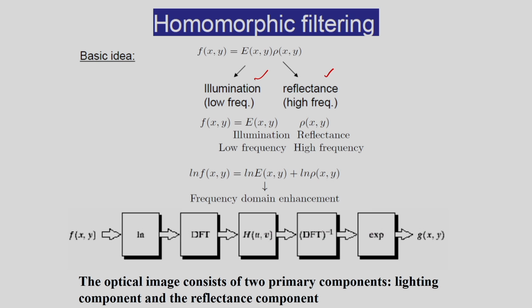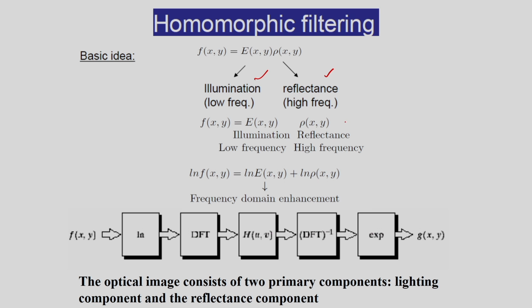The contrast means it is coming from the surface reflectance property of the object. So, in this expression you can see I have two components, one is the illumination component, another one is the reflectance component. So, f(x,y) is equal to e(x,y) and rho(x,y). After this, what I can consider, this e(x,y) is mainly the low frequency component. This illumination component is a low frequency component because the lighting condition varies slowly over the surface of the object. This component is responsible for the overall range of the brightness of the image, that is the overall contrast.